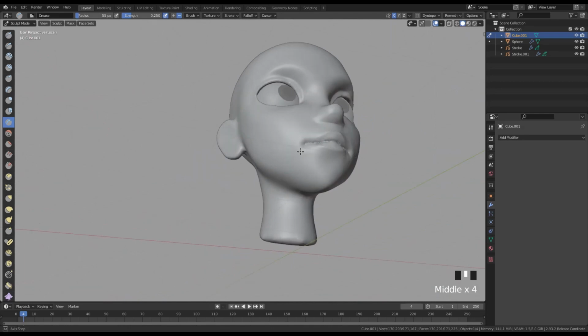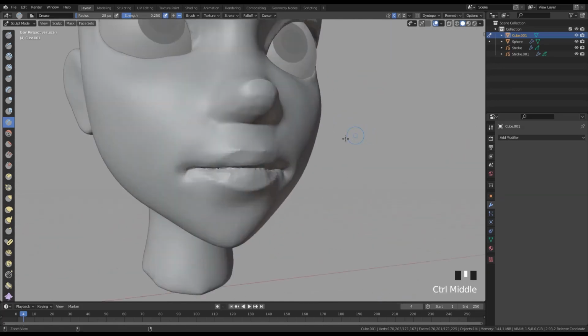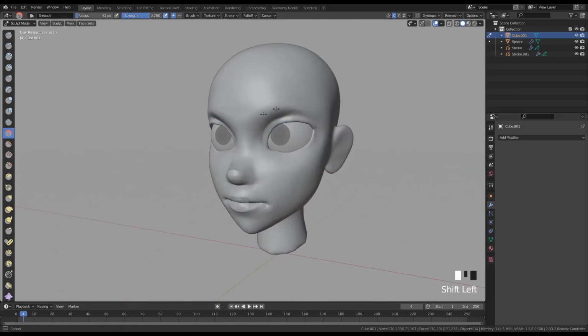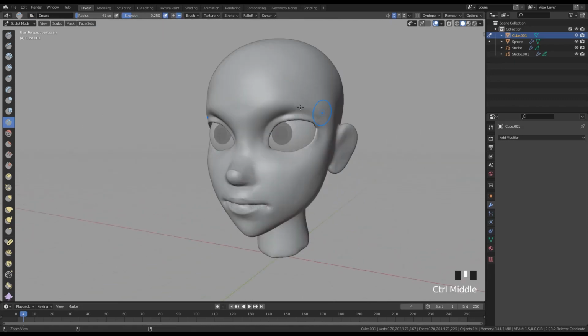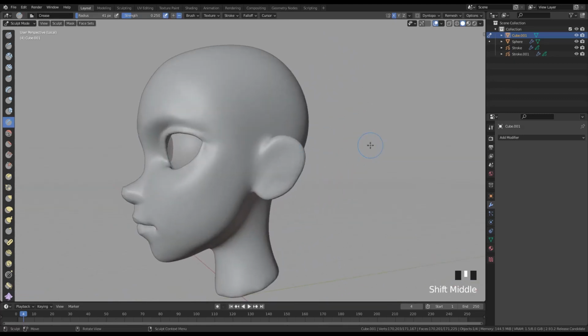So we are, I think, in a good direction right now. We can even work more on the mouth. So I think I'm gonna add more geometry for now. So maybe let's work on the ear before doing that. So for the ear, I don't have a very well defined plan. Sorry. So I'm gonna do a very basic